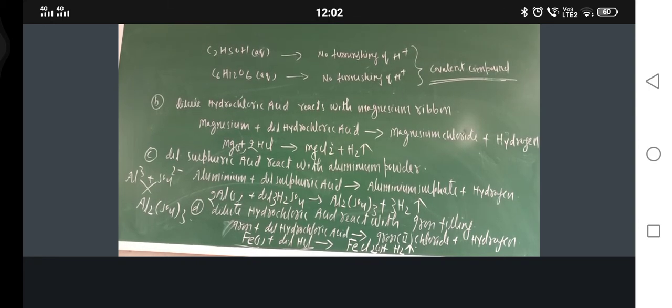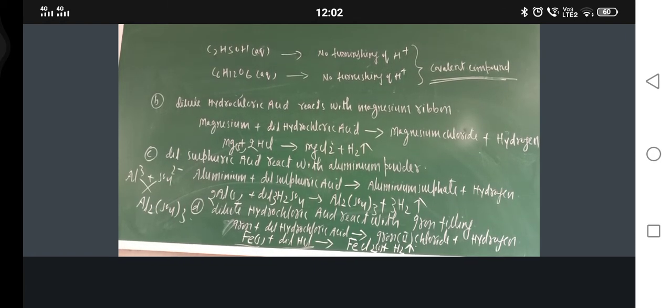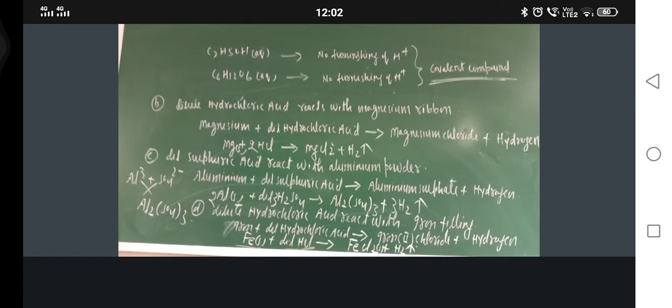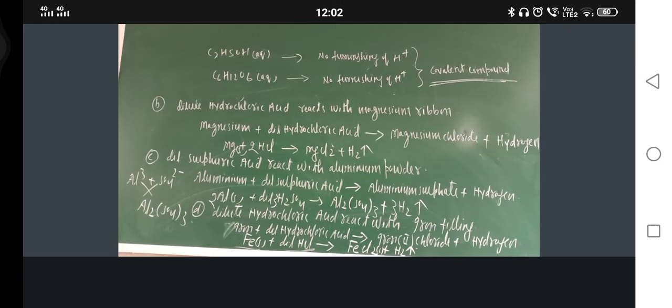If you see your last videos and if you have written, clearly I told there are 2 roles of water. Number 1, it ionizes the acids. What is the second one? It stabilizes the H positive ion or hydronium ion. If you want, I will write the answer of this question also. Just a minute.